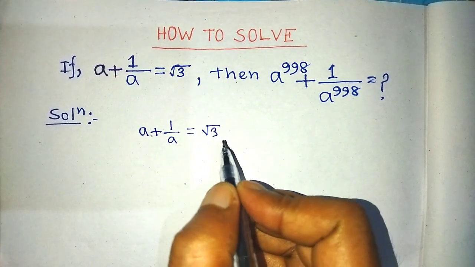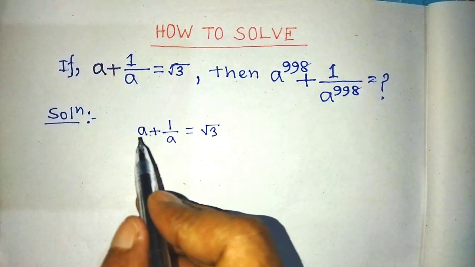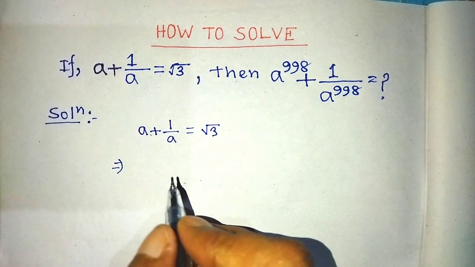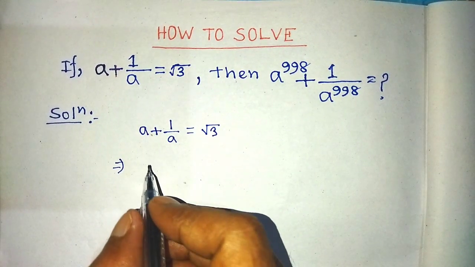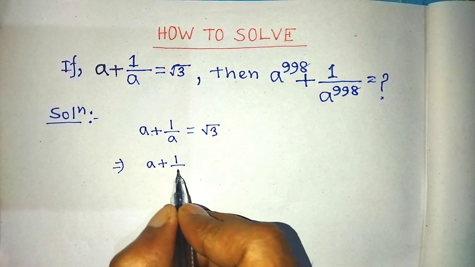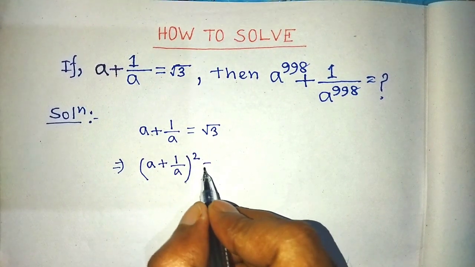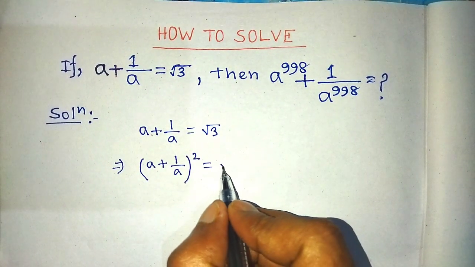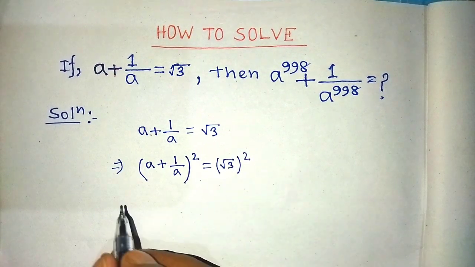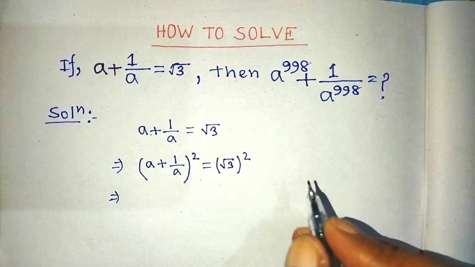So student, to find the value of this algebraic expression from this equation, first of all we have to take the square on both sides. On the left hand side we write a plus 1 over a whole to the power 2 is equal to, on the right hand side, root 3 whole to the power 2. On the left hand side, to simplify this expression, we have to apply the formula